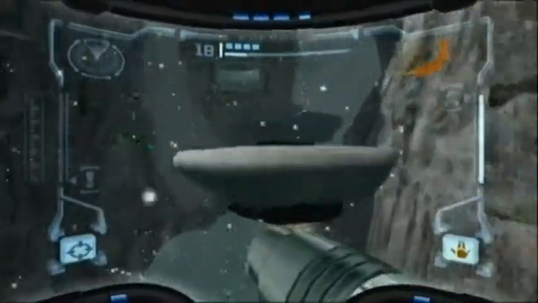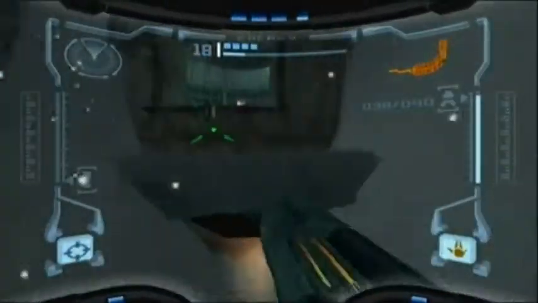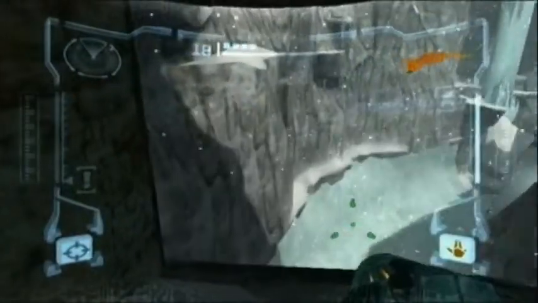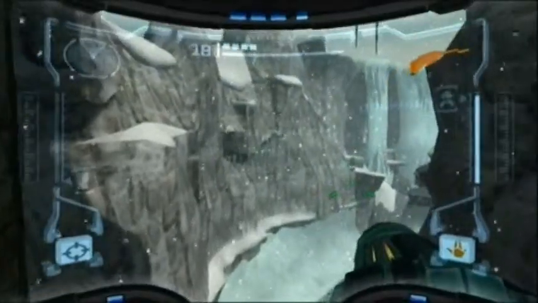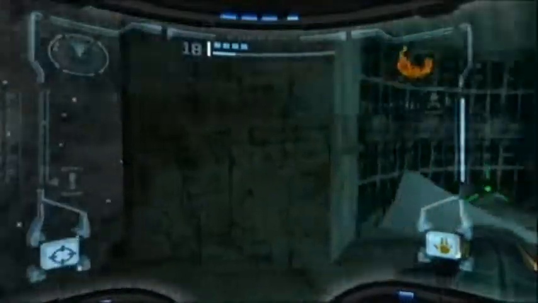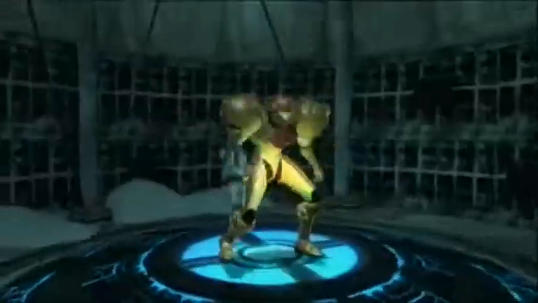And now he's gonna start shaking. What the heck is going on? Well, apparently that power suit of Samus is really freaking heavy because those platforms just can't take it. But getting over here...